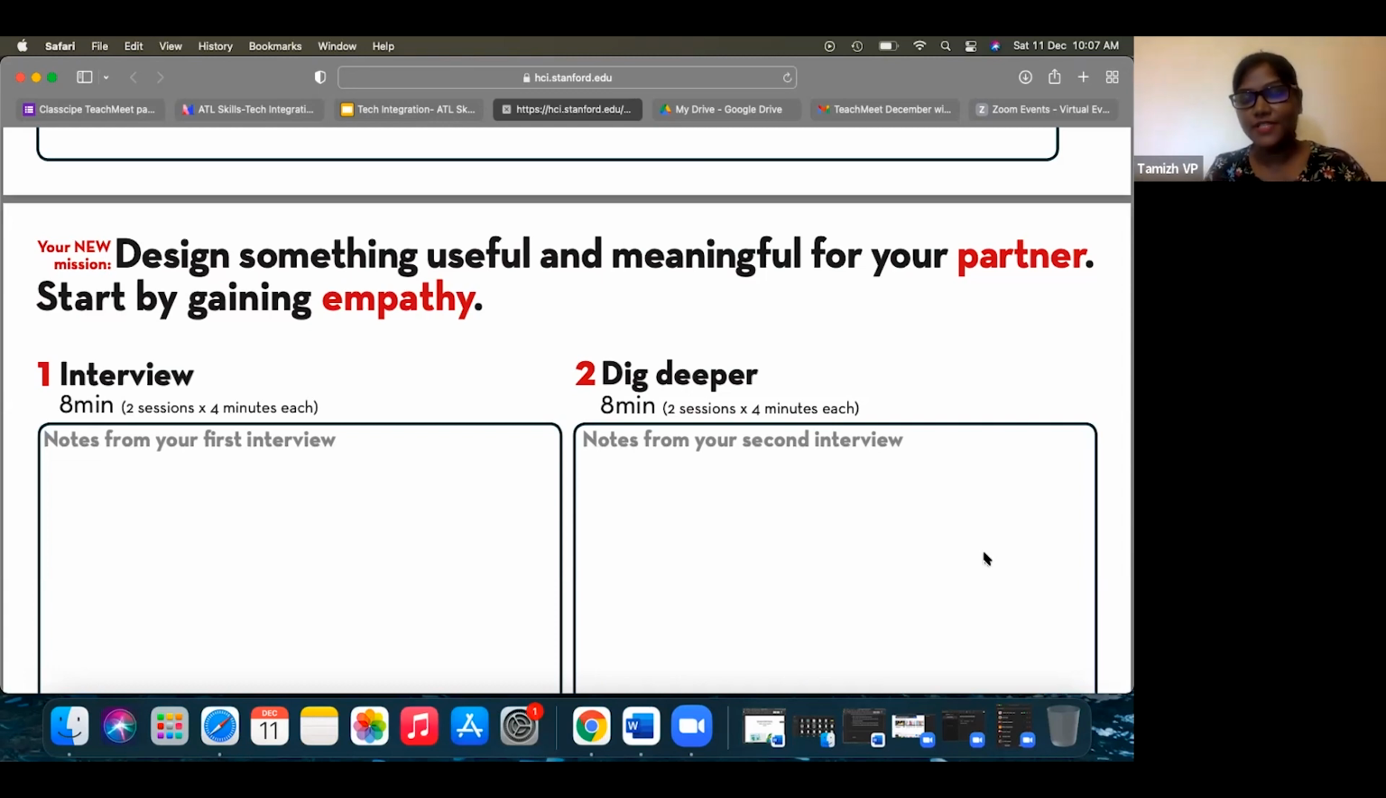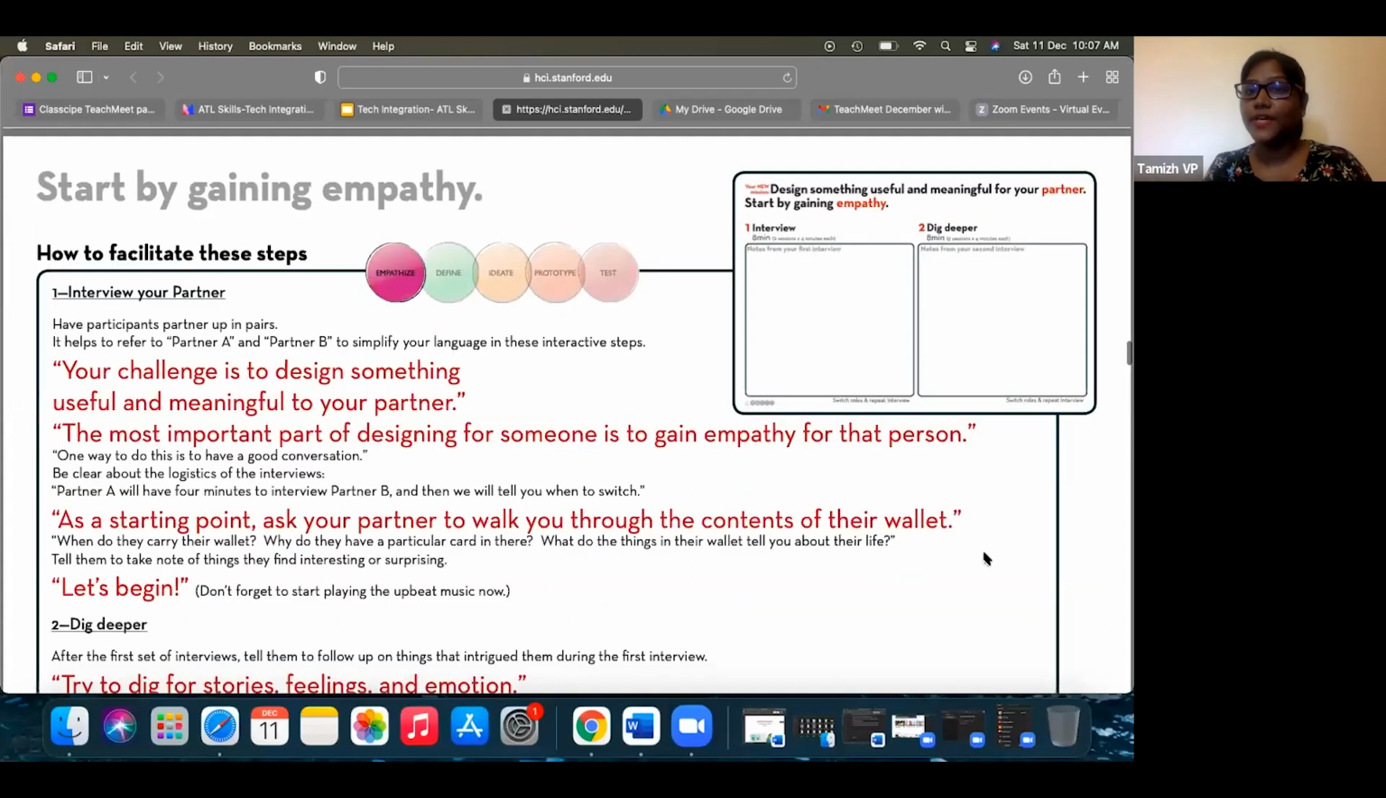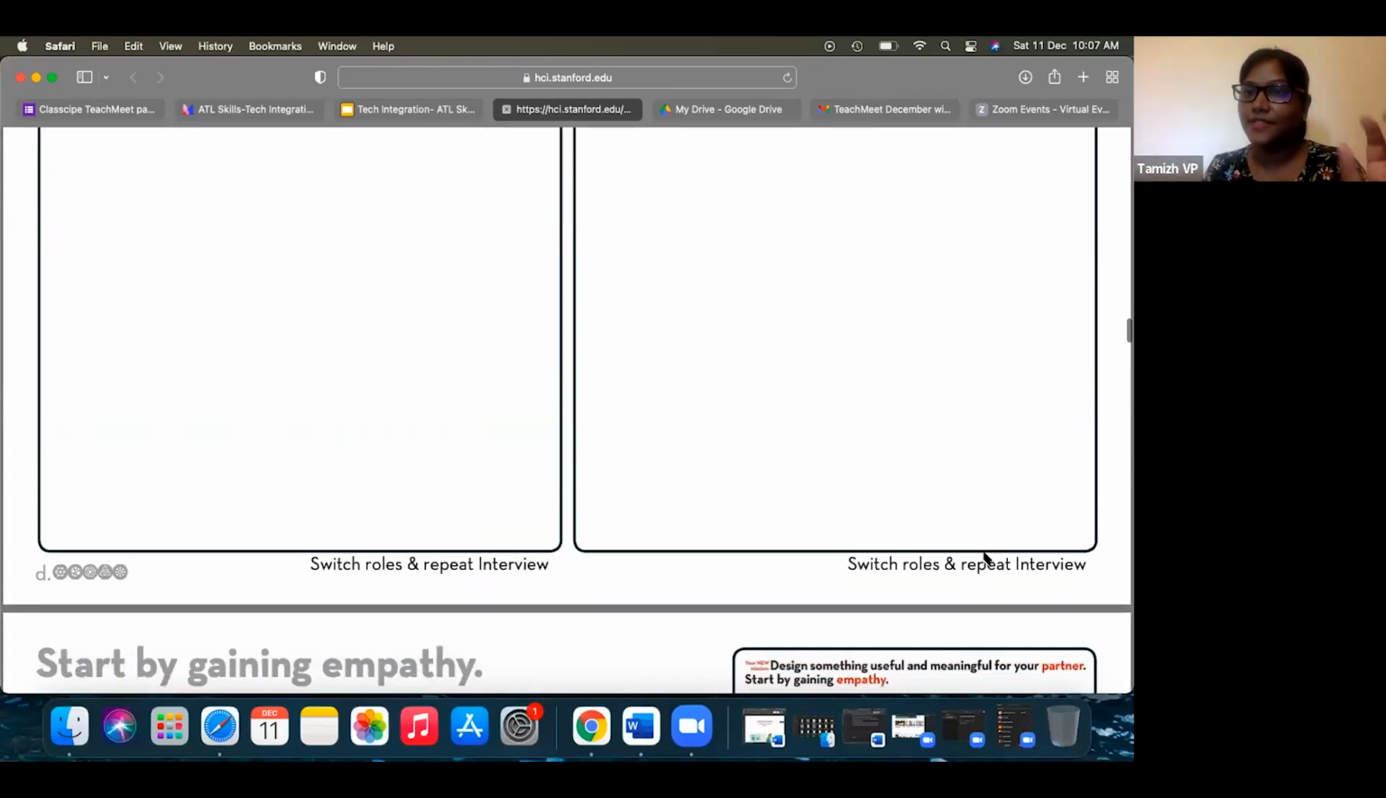Don't think about the product first and then ignore the user. That's the wrong way of designing solutions. So only then you can come up with multiple solutions and convince that,